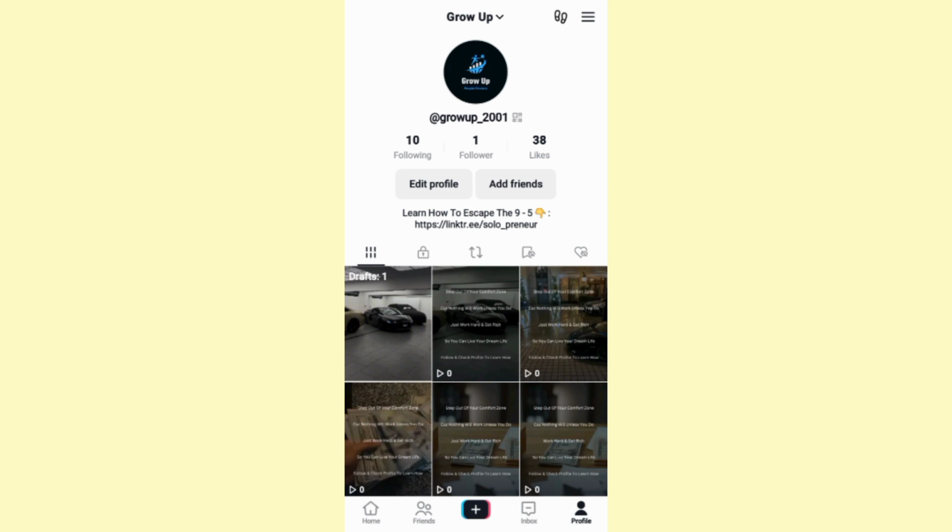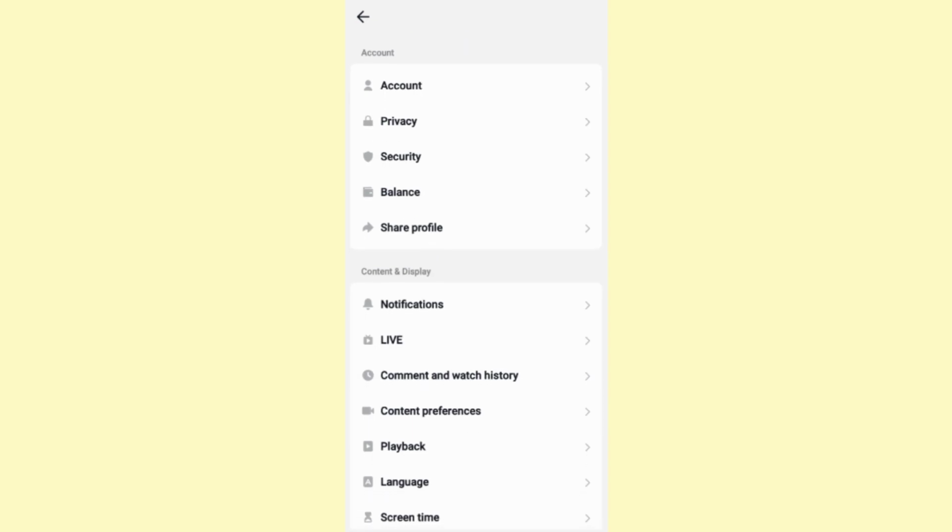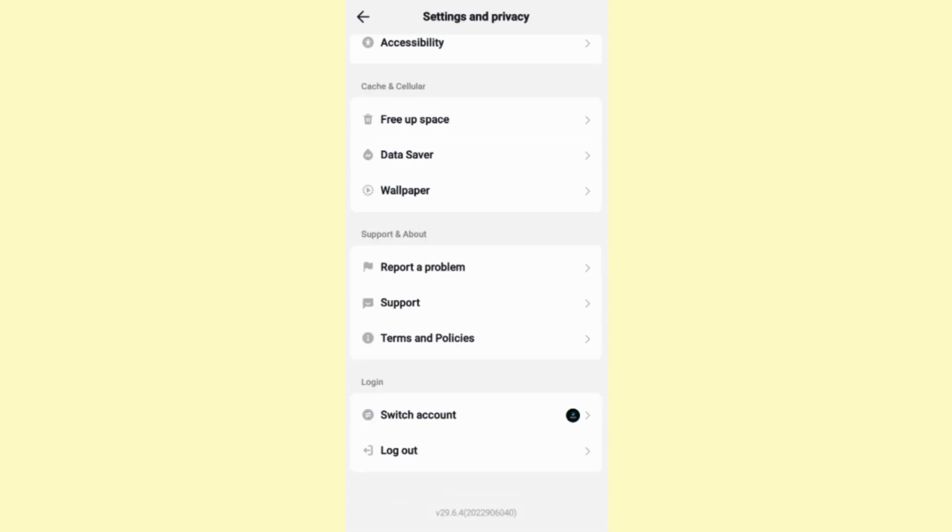Now, from this page right here, what you need to do is click on the three lines at the top right, then click on settings and privacy. And then here you need to scroll down till you find the support and about section. From there, click on report a problem,